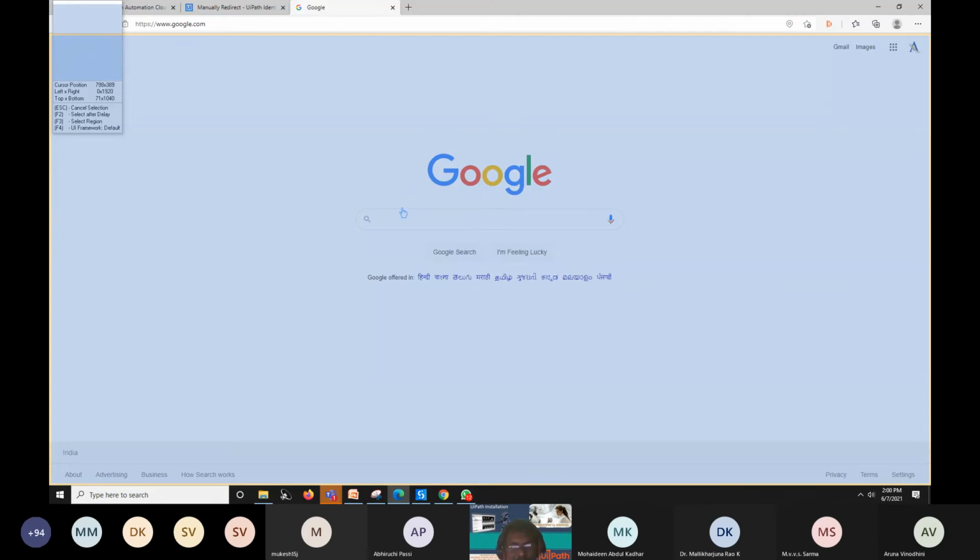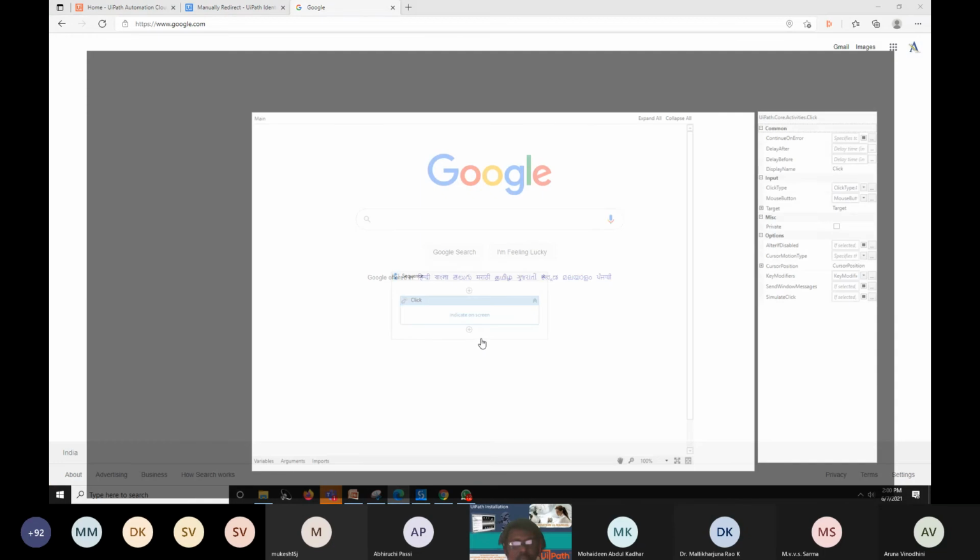See, I'm not able to locate it. Is it right? I'm not able to locate it. It means that here I haven't installed the web browser extension. In Microsoft Edge, I haven't installed the extension, so it won't work.